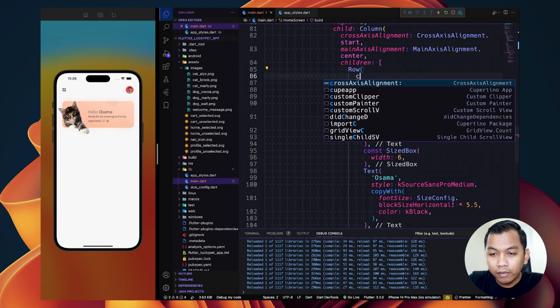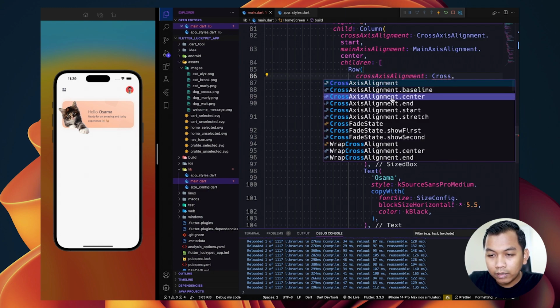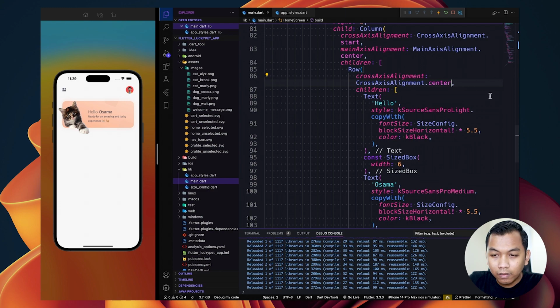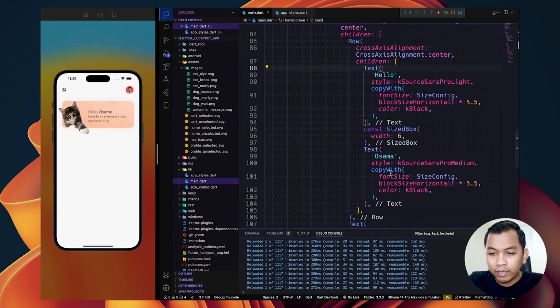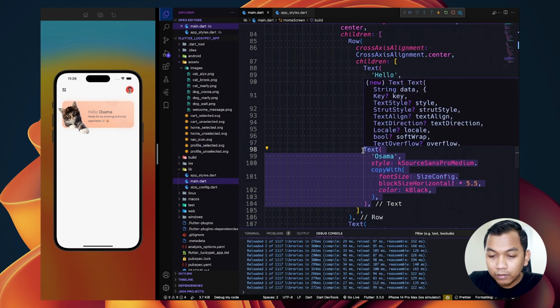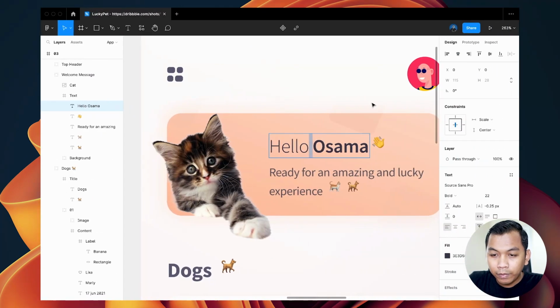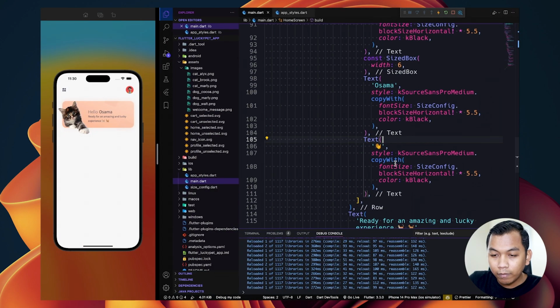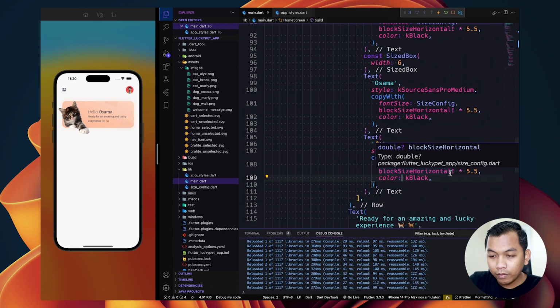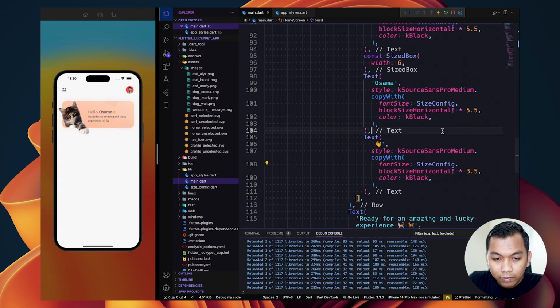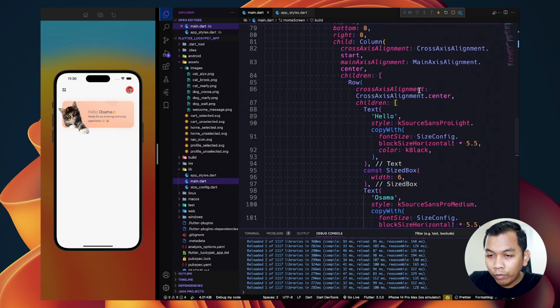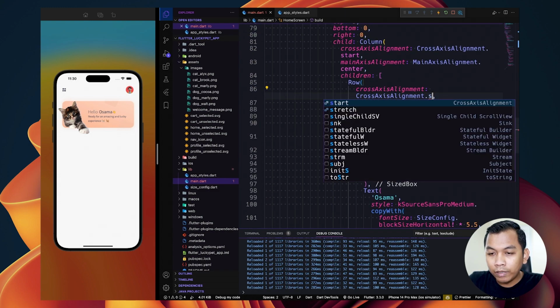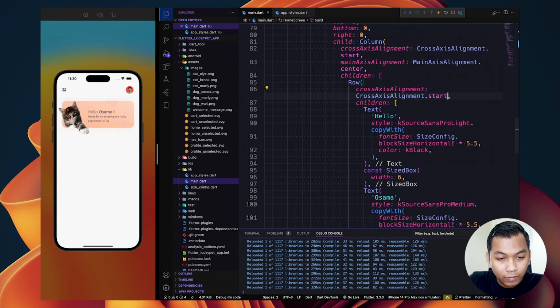And maybe here we can say cross axis alignment to be center. And let's add this other text, maybe copy here, and we need to change the size. And what we need to say here, it may be start, looks like this.